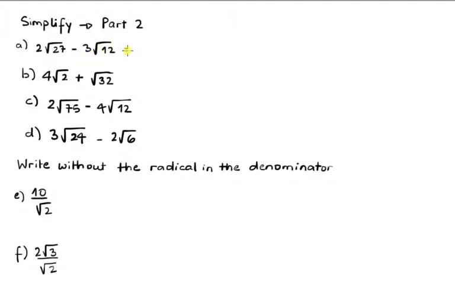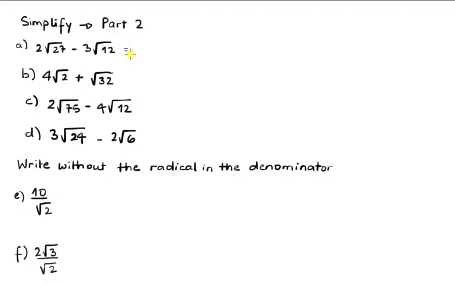At the moment, I'm looking to subtract, but there's nothing I can do. I can't combine them in any way because I don't have the same surd. So what I should try to do is first simplify and see whether in the process of simplification I can reduce it to one common radical, as it were. So let's get started. I realize again that I can write 27 as 9 times 3,